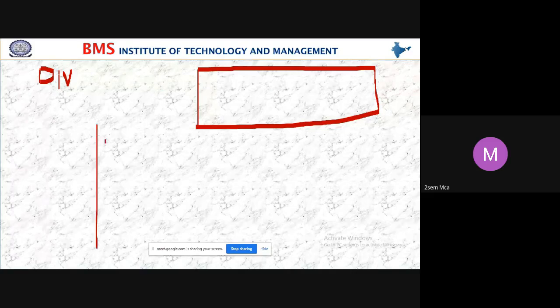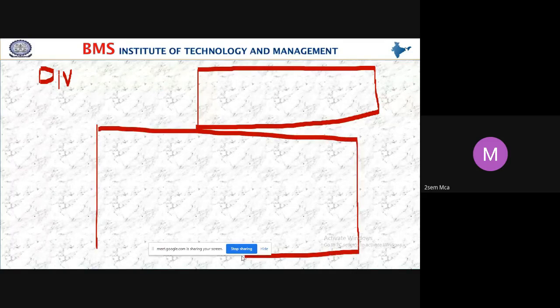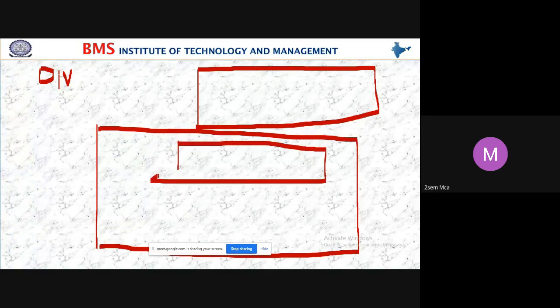In this entire web page, I want to display content about my department. Assume that this is a college web page. In the college web page, I want to display about our department.